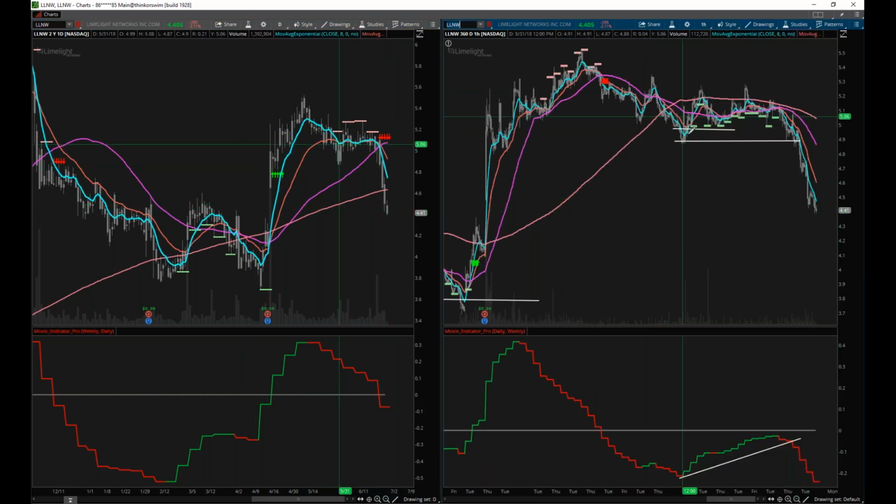And you can see I've been drawing some lines in here trying to say, okay, here's a double bottom. It did the same thing as Crocs. Couldn't quite get past the hourly 200. Couldn't quite get past the hourly 200 again. Still couldn't do it here. And so it came down. And at this point, I drew a line because now we have our double bottom and we have our divergence. Technically at that point we did.